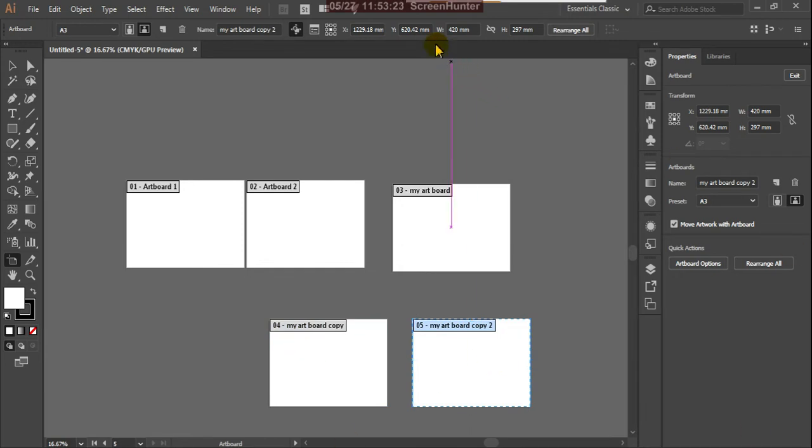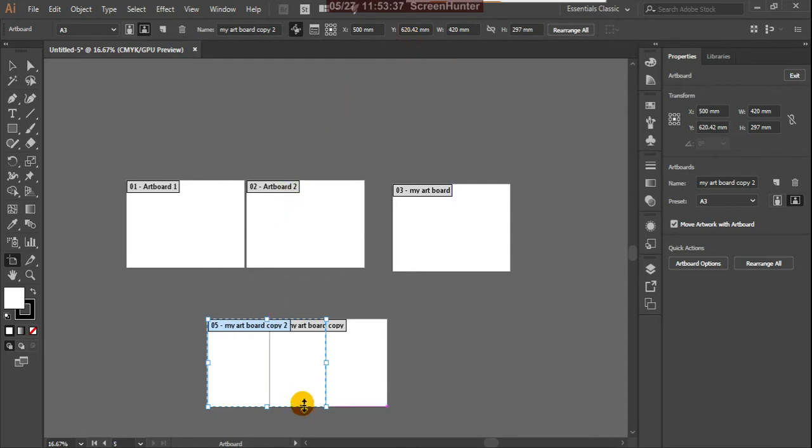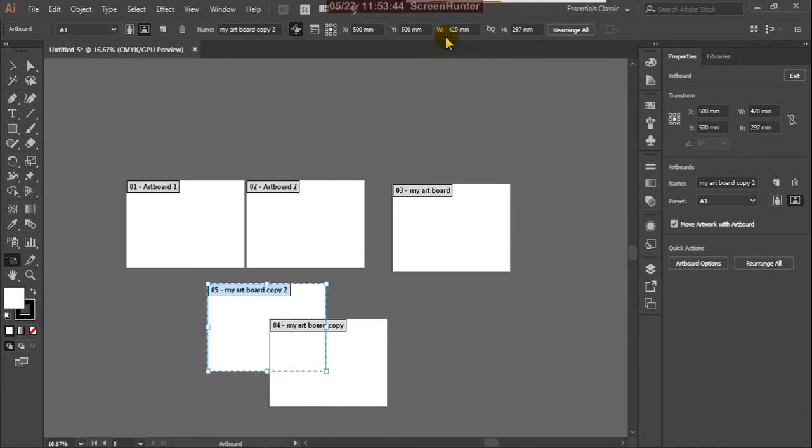And the same way here, this is the reference point, the center point of the artboard, and here you can change the values of these artboards. So suppose here you can give some number, according to that it is moving that side, and here also you can give another number, it is changing according to that value.